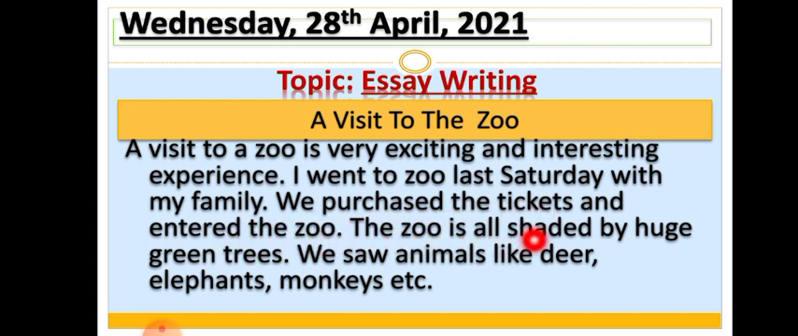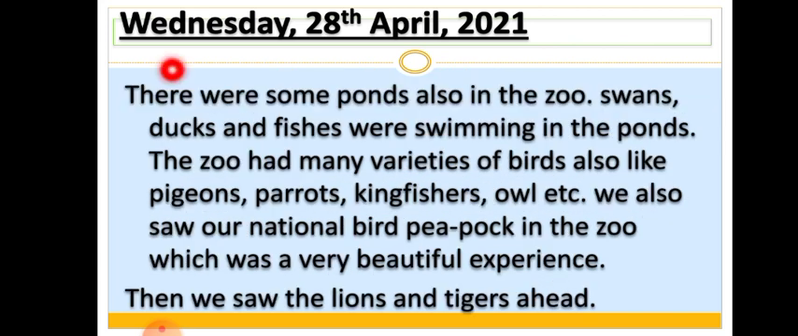The zoo is all shaded by huge green trees, as I have shared the image of the zoo where there were huge green trees. We saw animals like deer, elephants, monkeys, etc. There were some ponds also in the zoo, as I have shared the image of the pond. Swans, ducks, and fishes were swimming in the ponds. The zoo had many varieties of birds also, like pigeons, parrots, kingfisher, owl, etc. We also saw our national bird,